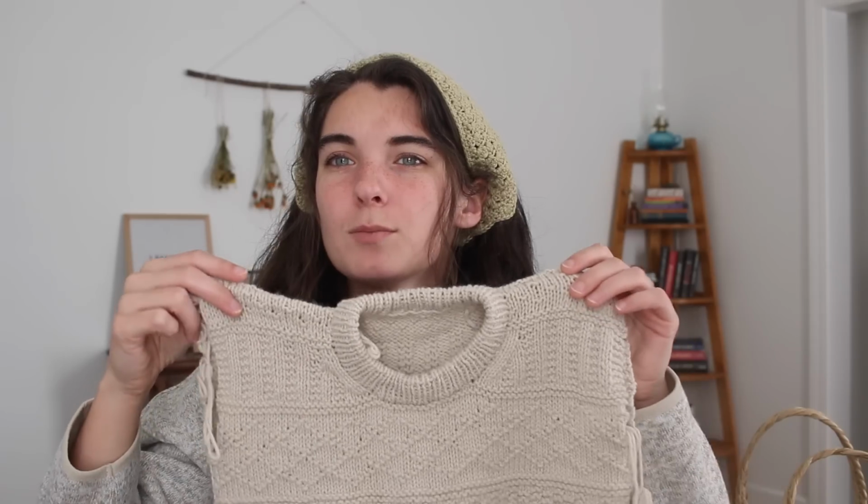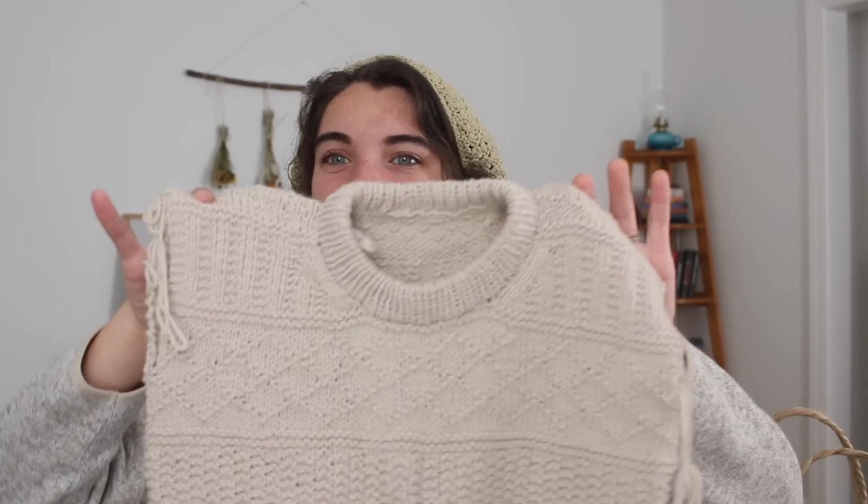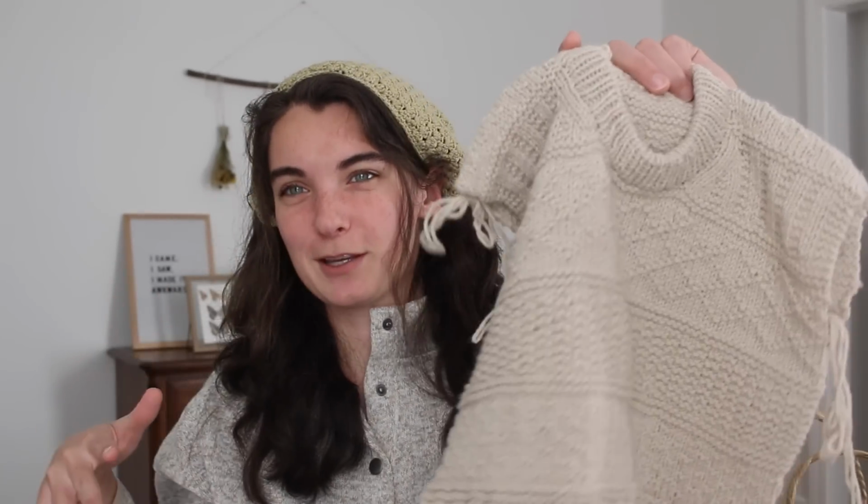It'll be fun. And I will say, whenever I cast this on, I love the construction. I haven't knit on many drop shoulder pieces before, and so knitting this was really fun and different because I usually knit raglans. I don't knit sweaters at all anymore usually. Not that I don't want to, like I definitely have plans to in the future, but